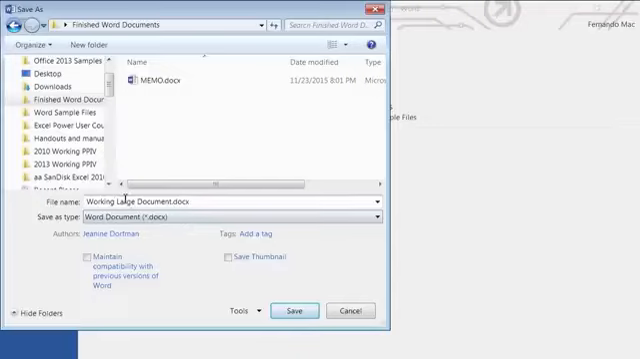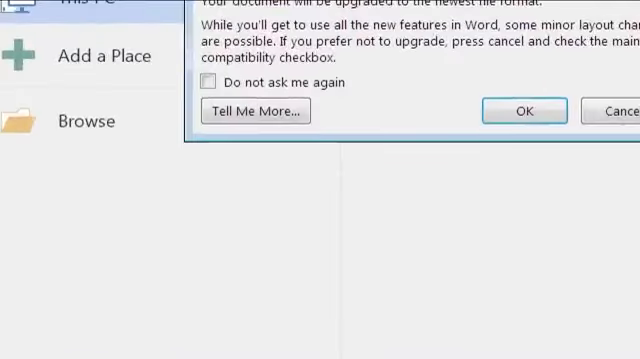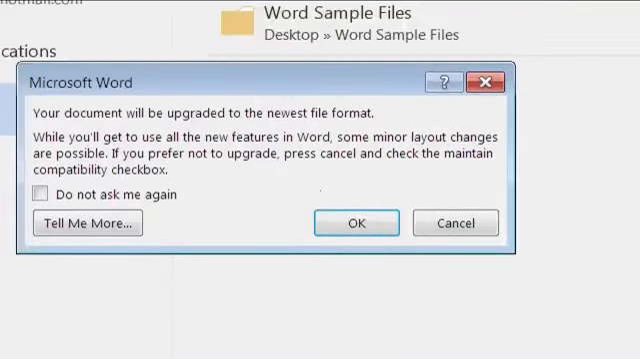All right, so I'm changing its name to Working Large Document. I'm changing where I'm going to put it. I brought it in from Word sample files. I'm now saving it in finished Word documents, and I finish that off either by hitting the Enter key or clicking the Save button. And you may notice on my screen right now, let me magnify that, I'm getting a little notice that says your document will be upgraded to the newest file format, which means I won't be working in compatibility mode anymore. Now, if what I want to do is edit this document and then send it back by email attachment to somebody who is still using 2003 version of this, then you can see I would need